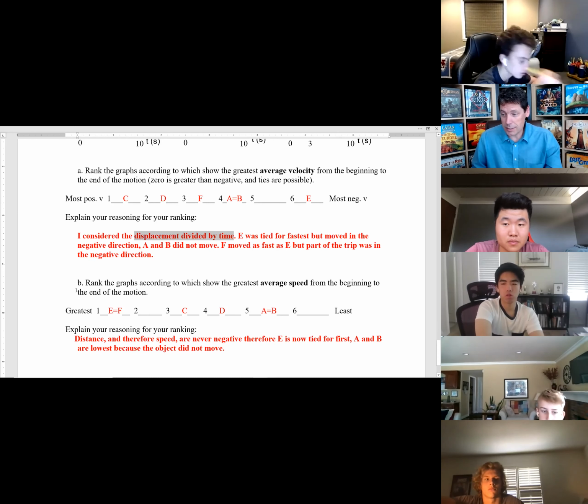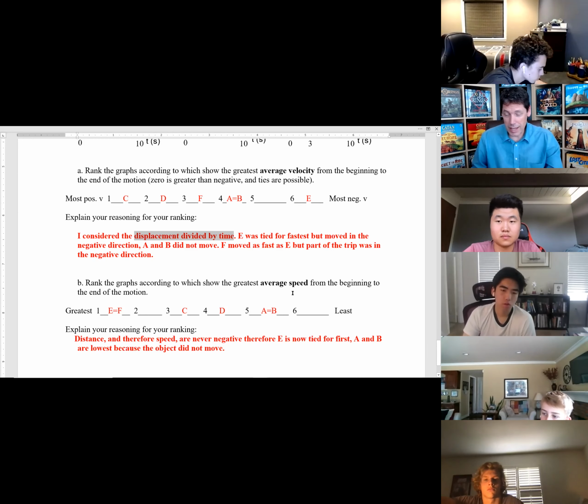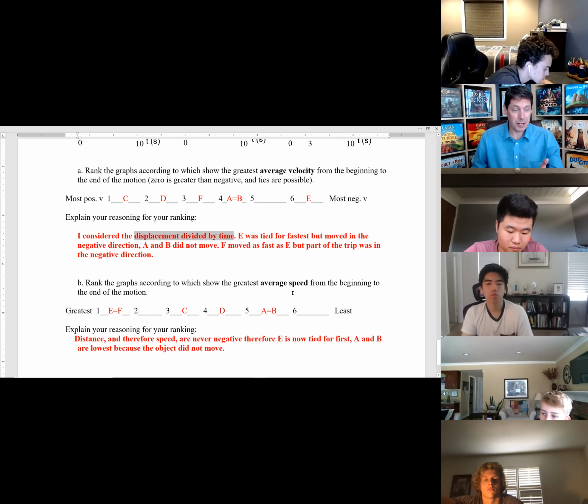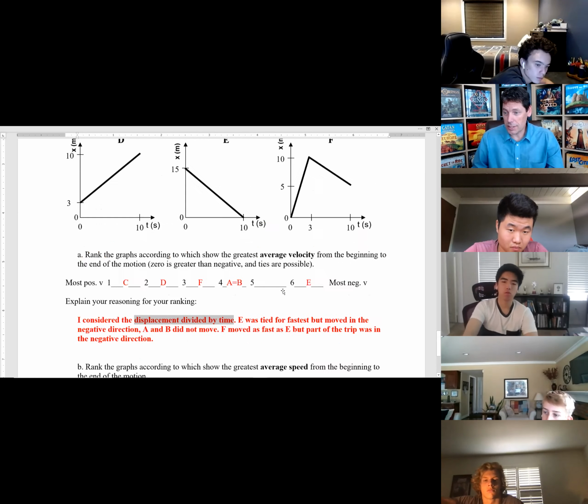And in this one, because it's speed, and speed is a scalar, there's no plus or minus. So it doesn't say most positive to most negative, because none of them can be negative. For speed, they can only be positive values, because speed is based on distance, not displacement. And distance is the path length, and it's always positive. So if we come up here to the graphs again,